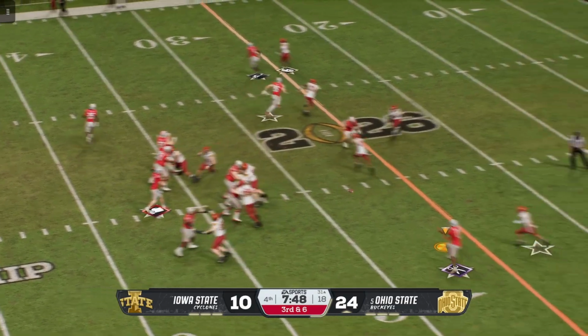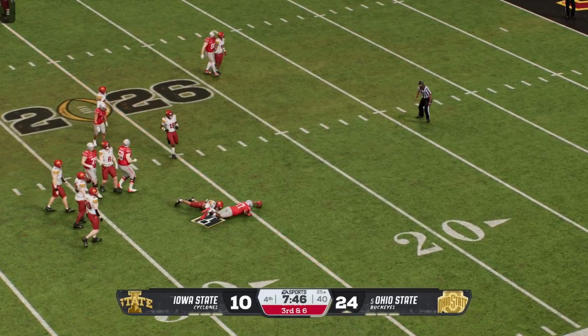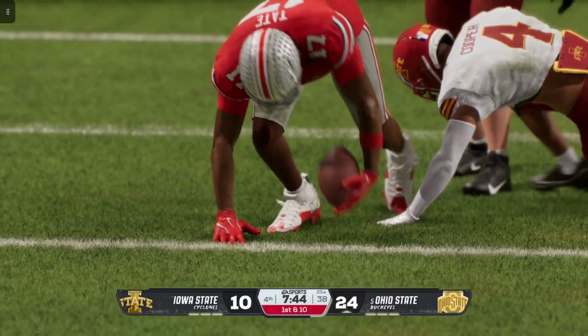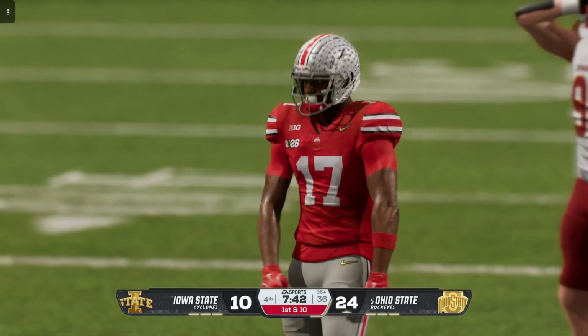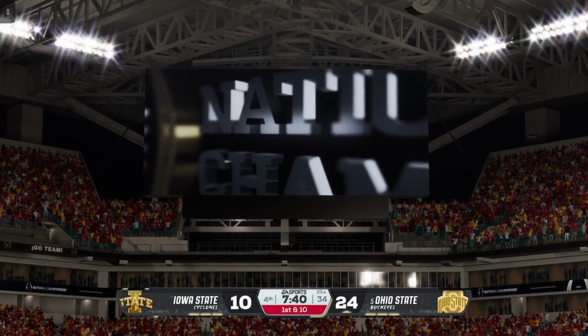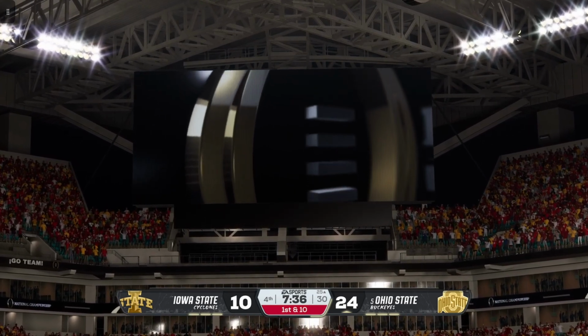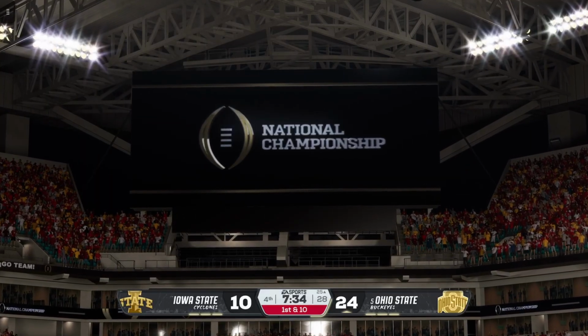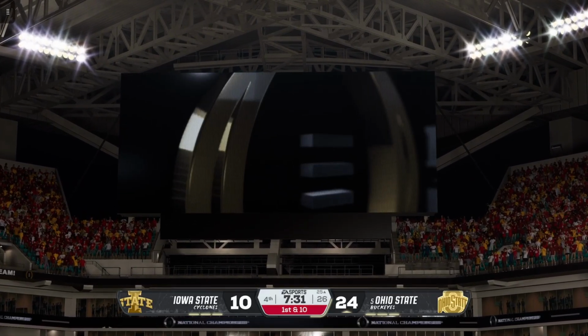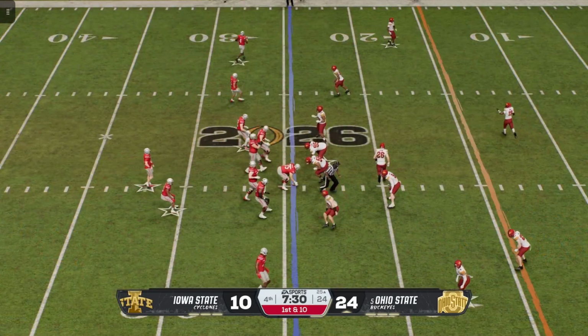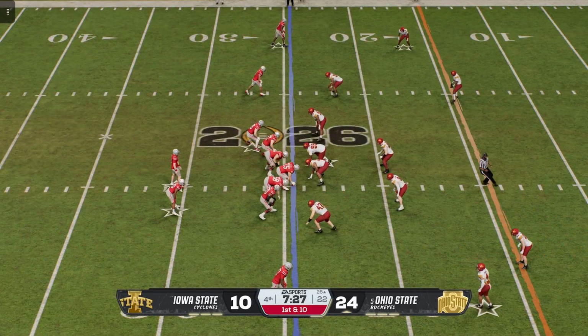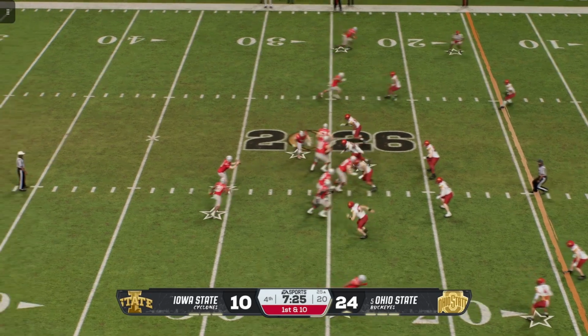To the air, it's Sayin. Makes a quick route. They convert on 3rd down and move the football to the 25. Well, the defense gets these guys to 3rd down. They got a chance to get them off the field, and instead they give up the first down. So the clock will continue to move, and the defense is really at the mercy of this offense at this point. Completion good for 1st down yardage for this offense.